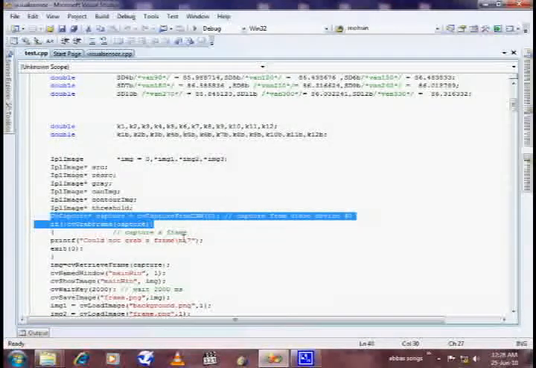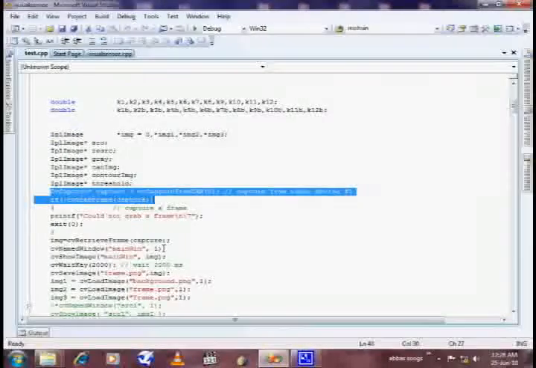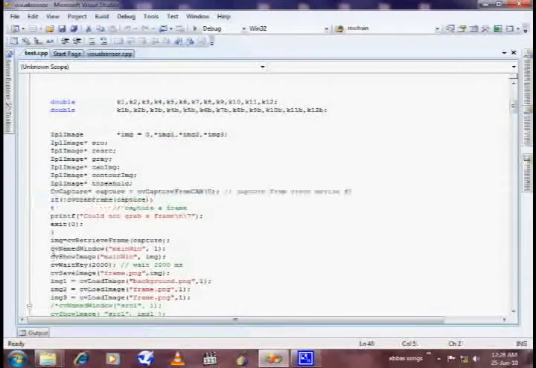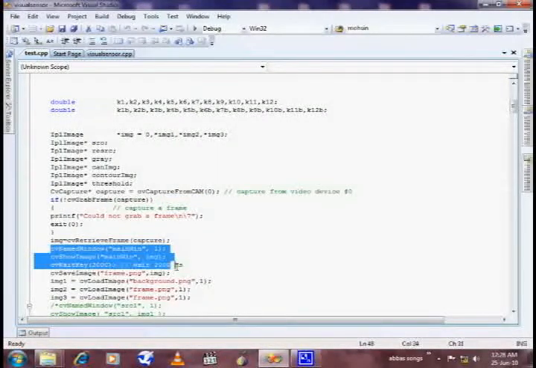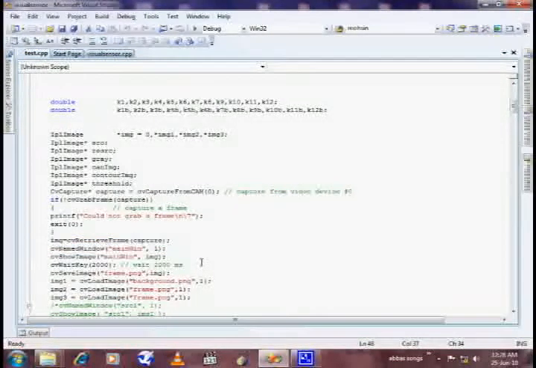If the frame is grabbed, then the captured image is stored in the img variable. After that we show the captured image, and the user can see the frame that is captured.